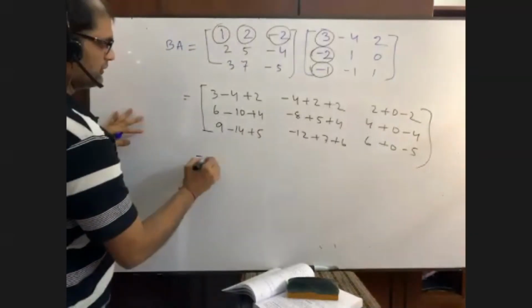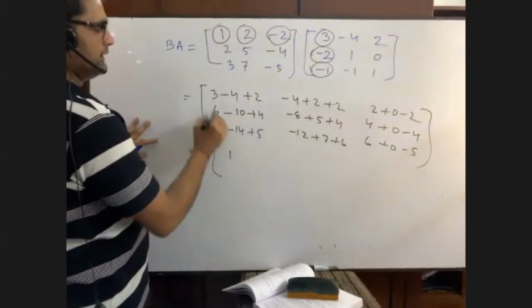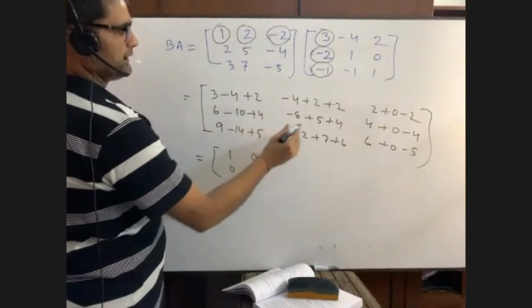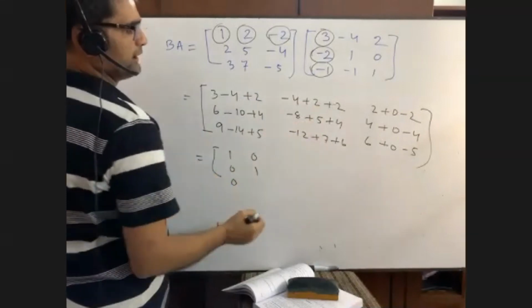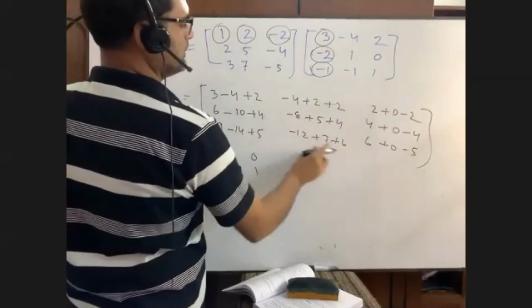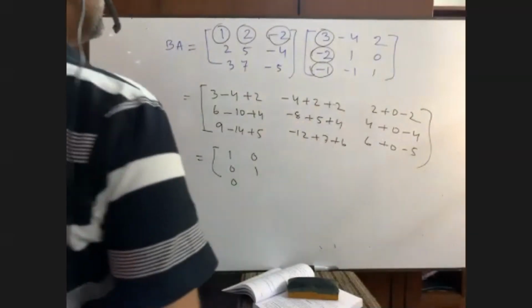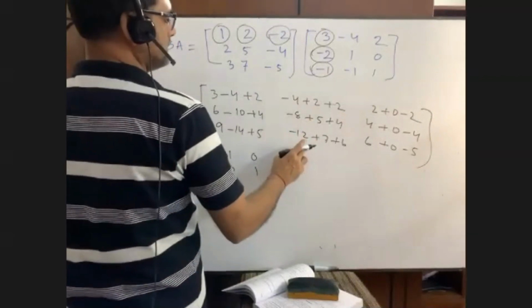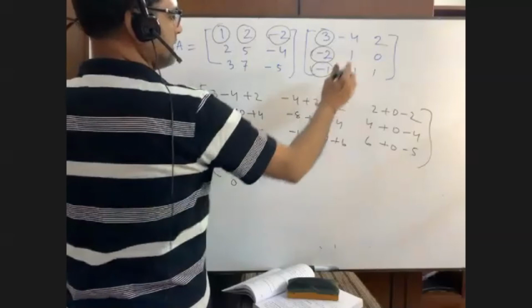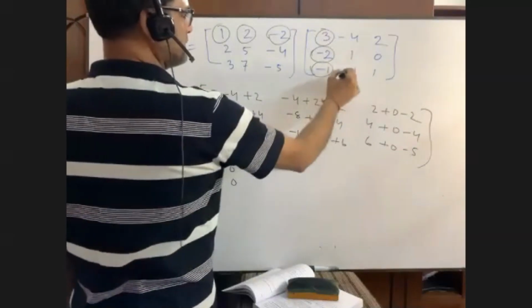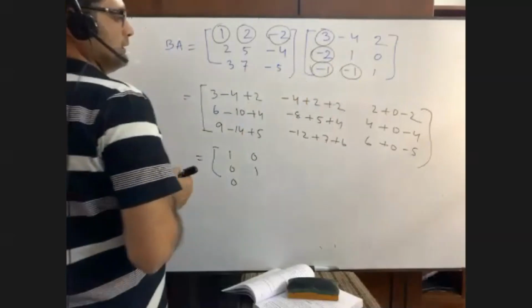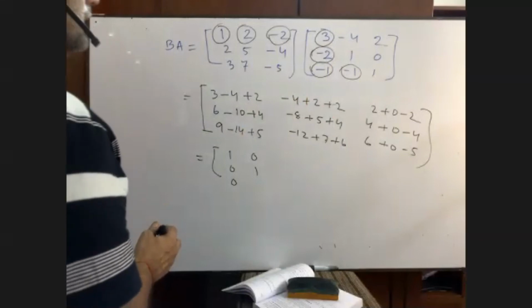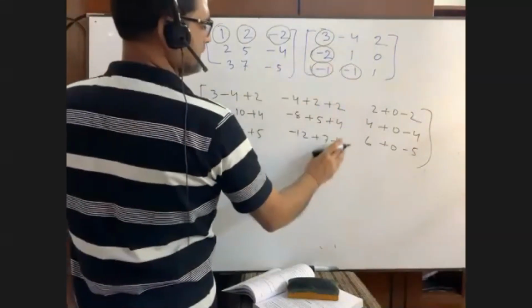You see what comes over. You see what is that? 1. It is what? 0. It is what? 0. It is what? 0. It is 1. It is what? It is wrong here. Please, I am wrong here. Make this correction here. Plus 5, sir. It is 5. Minus 12 plus 7 plus 5. Wait. Second part. This is this part, right? Sir, that will be 5. This part is plus 5. Yes, it is plus 5.